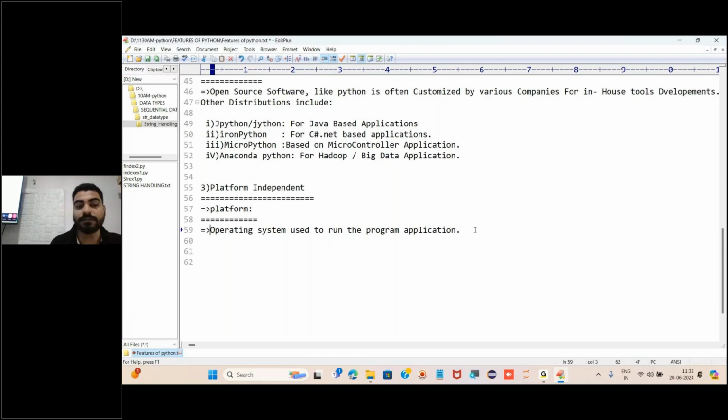Now, what is a platform independent language? I will give you one simple example. C programming and C++ programming are platform dependent languages. What does it mean? Let's suppose Bobby is having Mac operating system, and I am having Windows operating system.